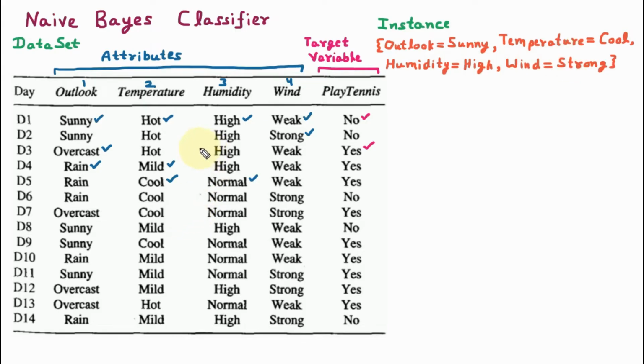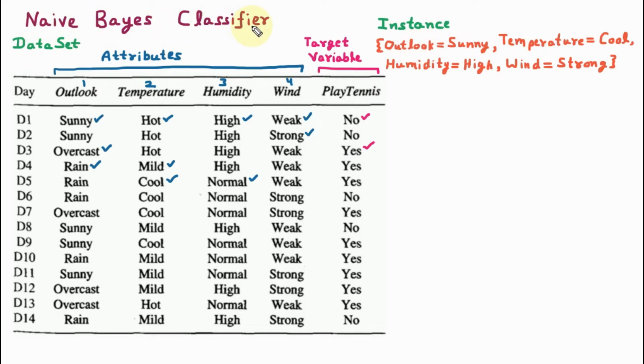Now we are understanding the problem. So here we have given the dataset where the days are available and different attributes are available, and the outcome is playing the tennis, yes or no. So here they are giving an instance with the condition that if outlook is sunny, temperature is cool, humidity is high, wind is strong, can we play the tennis, yes or no? So we have to find out the outcome of playing tennis as yes or no for this instance by applying